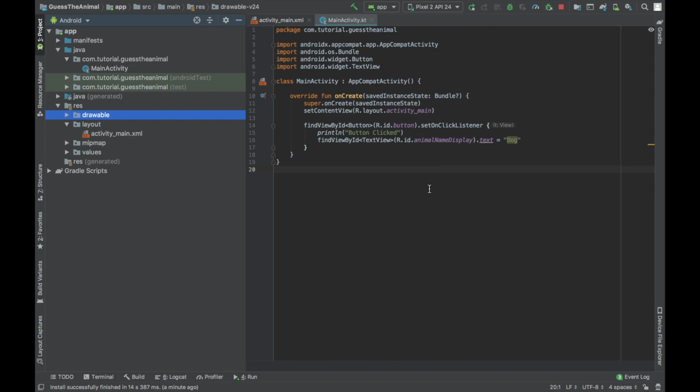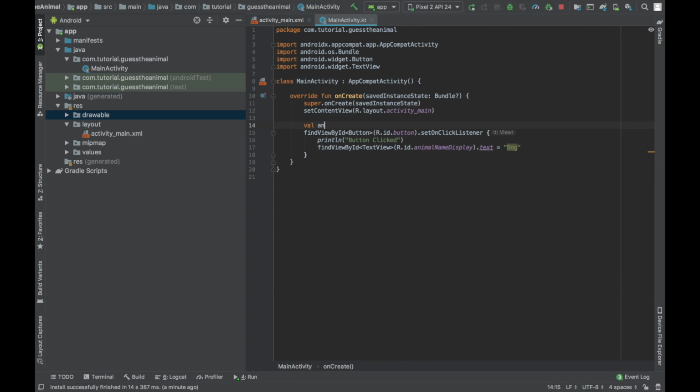And then we want to display, let's just say, a random animal, right? So we're going to create an array of animals, and it's an array of strings. So we'll use the arrayOf function that we can input some strings into. So let's say dog, cat, mouse, bird. Okay, so we got that, and now we want to randomly set the text label to one of these animals. So we'll do animals